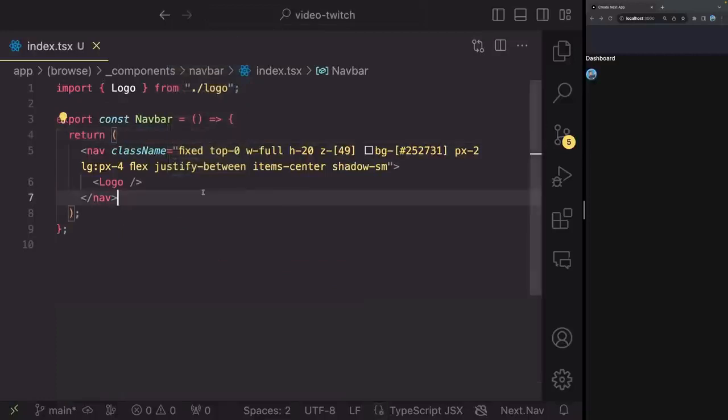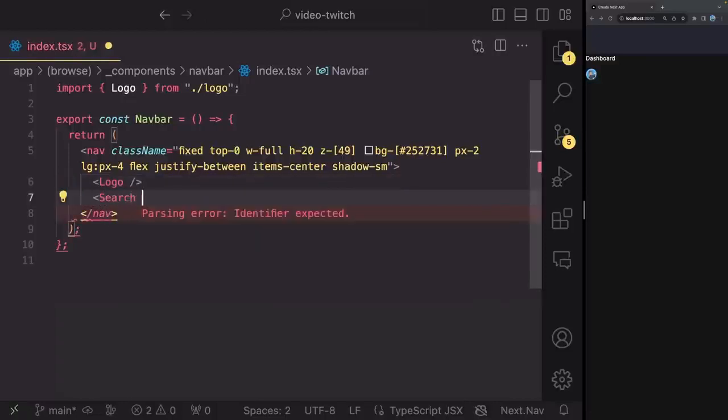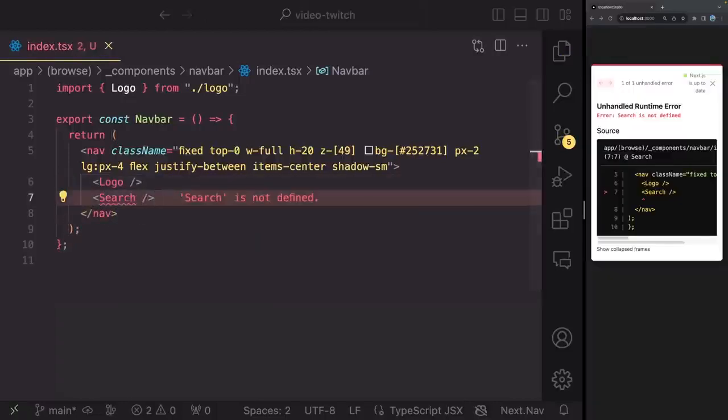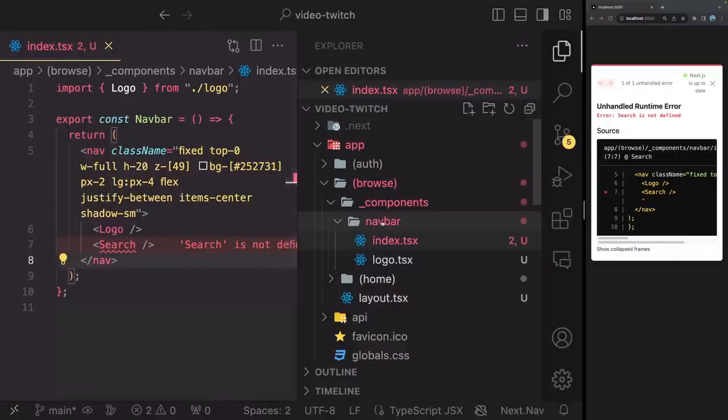Let's go back inside of our index now. And what I want to do next is create our search input. So let's go ahead and write search like this. And if you save, of course, you're going to get a little error here. So let's go inside of the navbar here and let's create a new file,